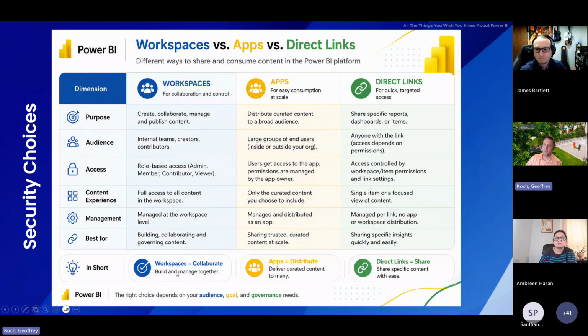So think of it like this. Workspaces, you collaborate and build and manage together within your team. Apps, you distribute those to your customers, right? Your end users, who's going to see this, and you can control the access there. And then direct links,